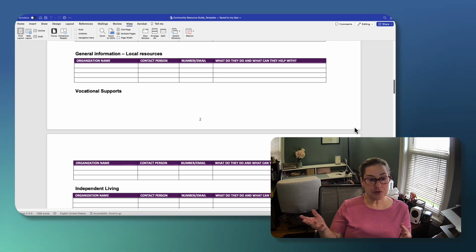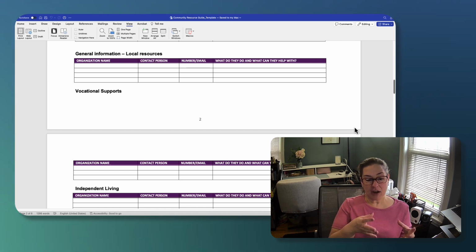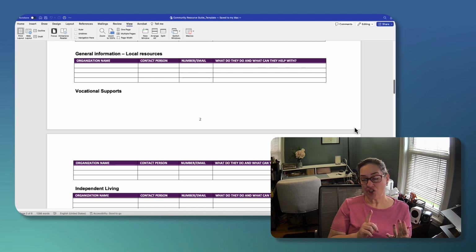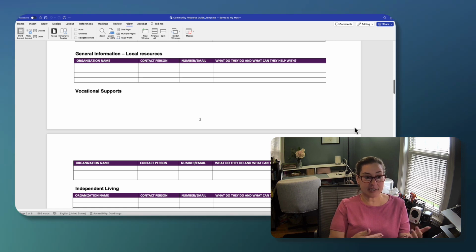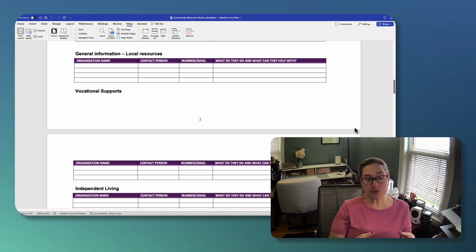Whatever's approved within that vocational plan, that office can actually pay for things like job development, job coaching, possibly even training and even education, and then any tools and other supports that someone might need so that they can become successfully employed. This can be a really useful tool to help someone get where they want to be, get successfully employed, become more independent if they want to work and they have very specific vocational goals.